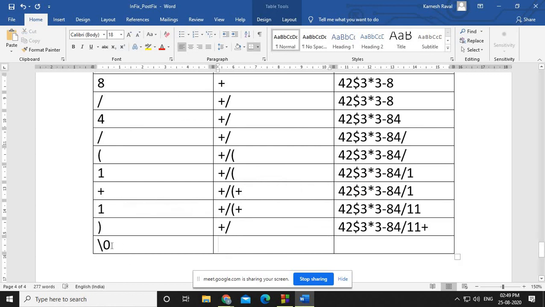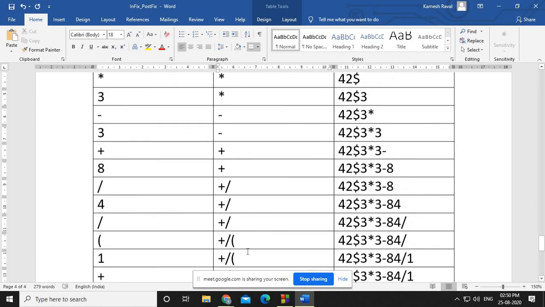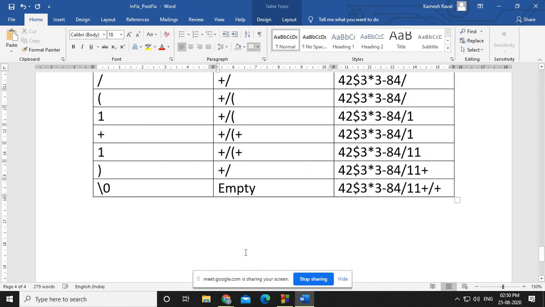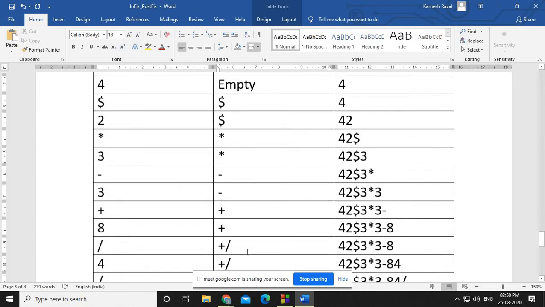Finally null, and whenever null is there, whatever things are in the stack you need to pop and insert into the postfix. So there are two operators, one is a division and then another one is a plus. So I am inserting this division and plus, and finally our stack becomes empty, right? So this is how you can convert an infix expression into postfix.